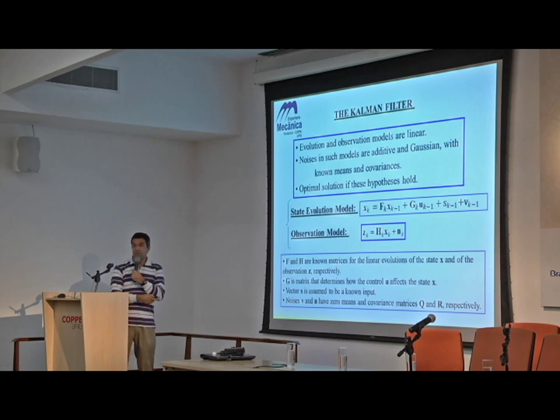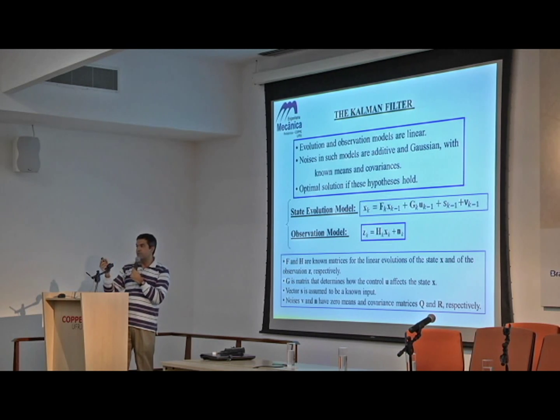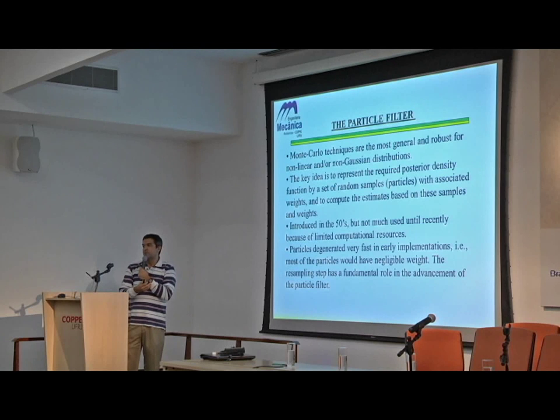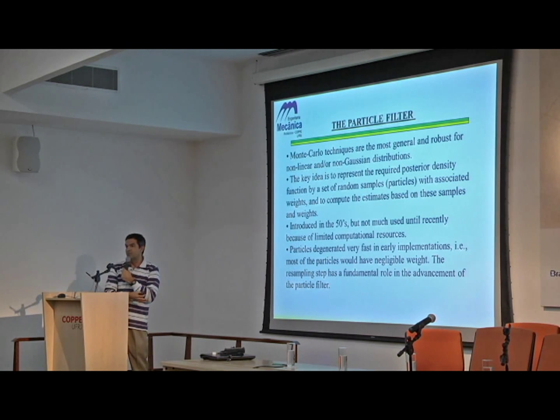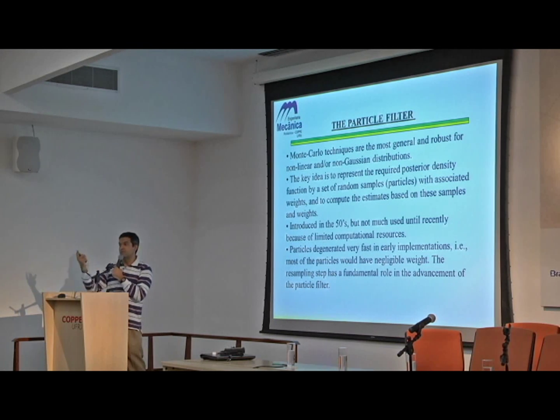And when the evolution and the observation models are linear and the uncertainties are additive and Gaussian, we can apply the Kalman filter. And the Kalman filter results in optimal solutions for this problem in the sense that we get minimum variance and unbiased estimates of the state variables. However, many of the problems that we deal with, and actually the problem of the estimation of the airspeed,